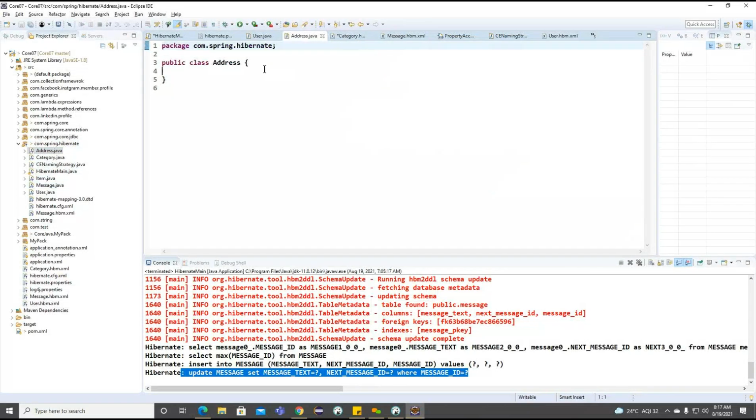So to work on this particular address, now what we can do, we need to create the information here.